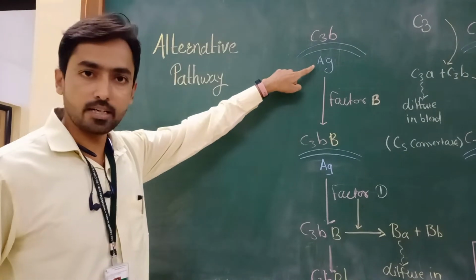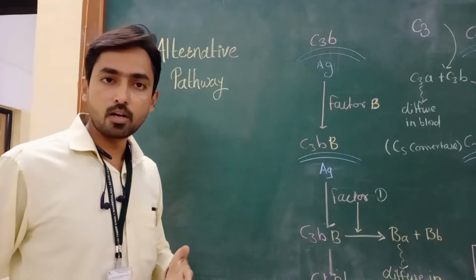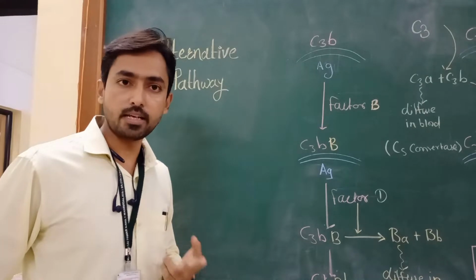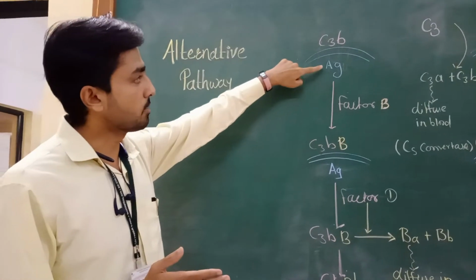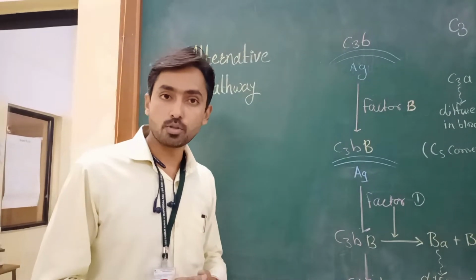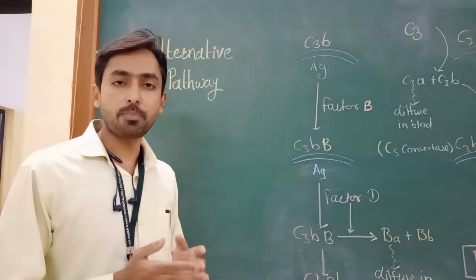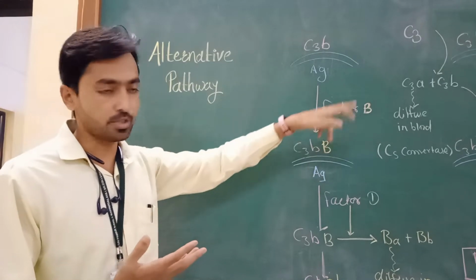Now when any antigen enters the body, the protein called C3 goes through hydrolysis and converts into two parts, C3a and C3b, out of which the C3b part of the protein goes and binds to the surface of the antigen. This C3b can also bind to the mammalian cell, but this cell has sialic acid which rapidly degrades the C3b bound on the self cell, which prevents the activation of the pathway.